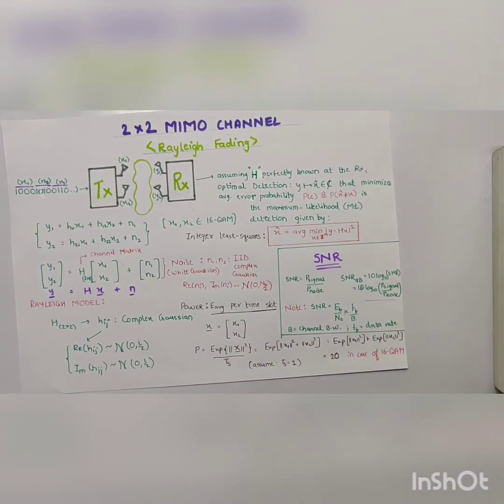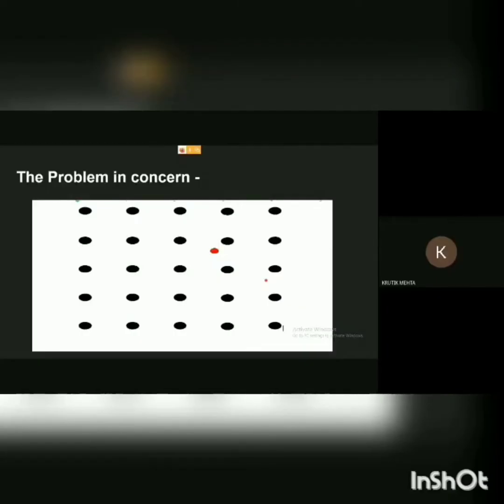We will now move forward to the discussion of ML detection algorithms. Once the signal is transmitted, it will undergo linear channel effects and noise will be added, so the received signal will be distorted, as will the received vector. The red point here describes the received vector and all the black points represent our signal set. So now the question is, what is the transmitted vector given this red point as the received vector?